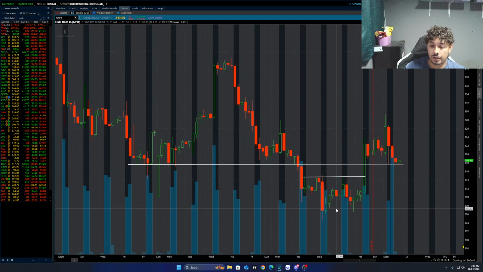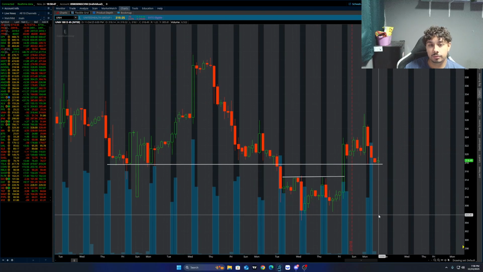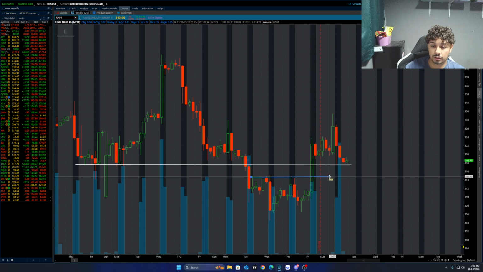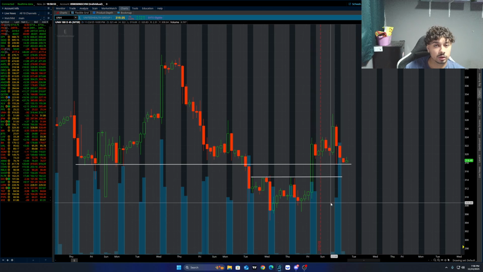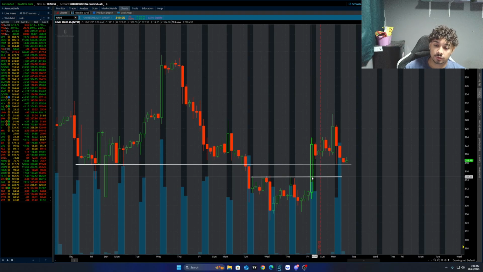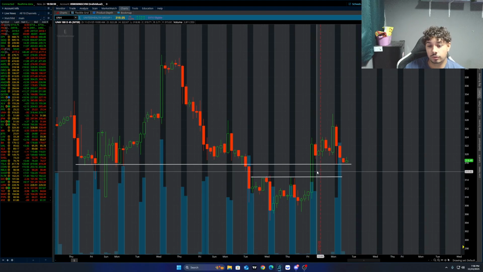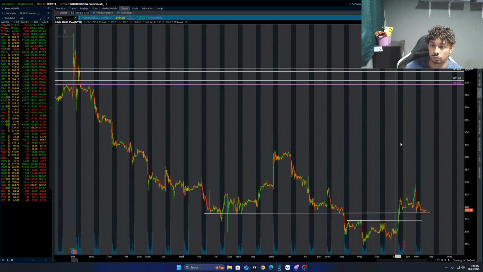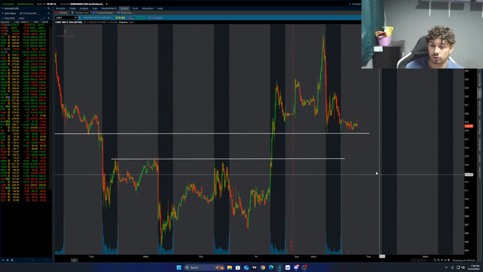Sorry, and yeah. So I believe last time when we looked at this, we said anything above this is a long, anything below is a short. So as we can see, intraday on Friday, it just blew well above, and then blew well above this as well, which is the support that it had before it fell below. And it looks like it tested and tested. So what I'm looking for tomorrow